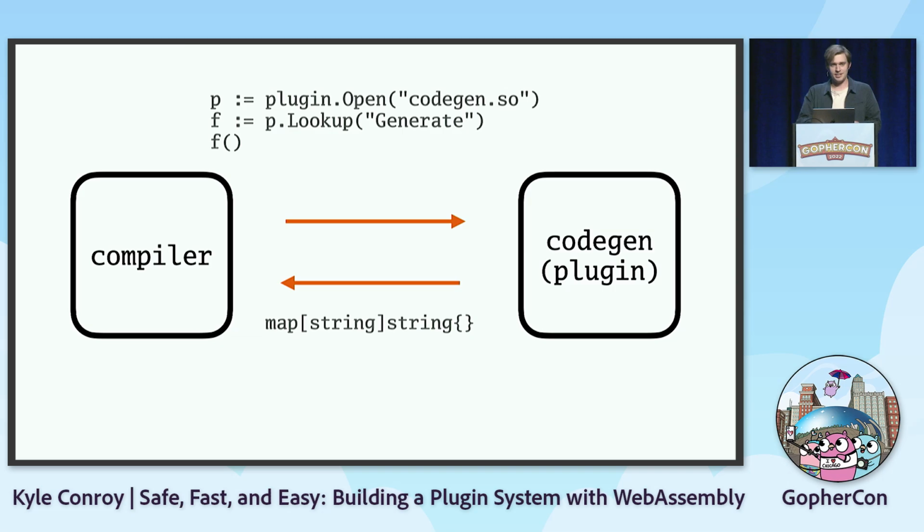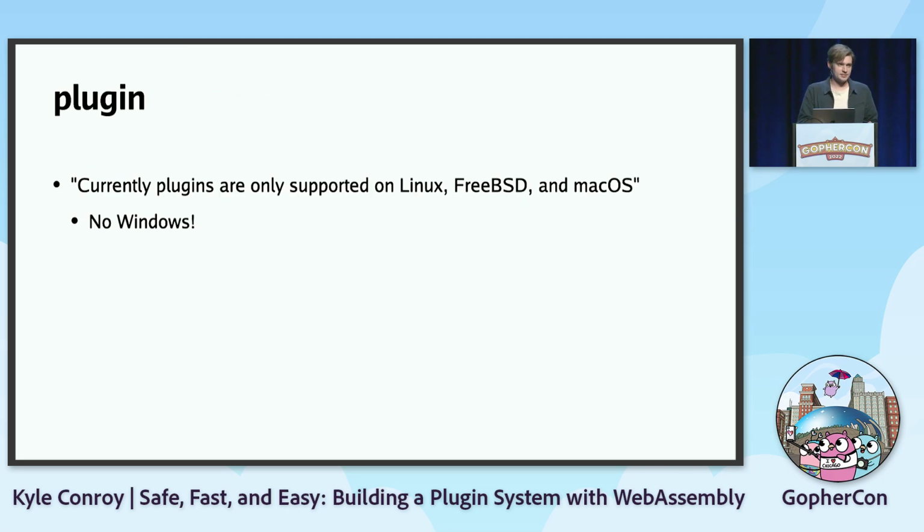You pass a separate flag to the Go compiler, you output this SO file, and you can open it using the plugin package, call lookup to load a function from that plugin, and then you can execute it. So it looks a lot like the actual Go package support, but it's at least independent, right? You can compile it separately. You obviously have to figure out how to distribute that and make it available to sqlc, but in theory, it should work. One of the biggest downsides, though, this is in the documentation, is it doesn't work on